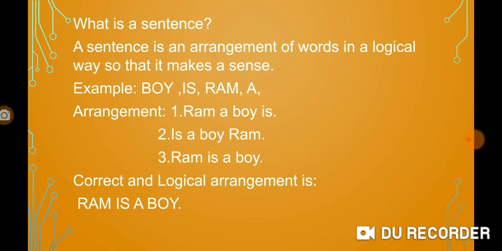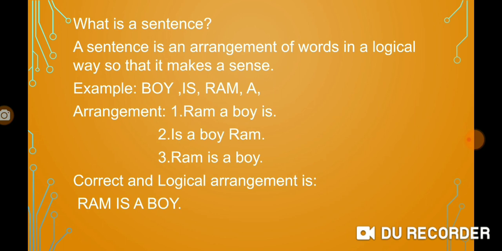So when you look at these three arrangements made from the same set of words, you can find that the first two make no sense, although they have been arranged. As they make no sense, we can say that the first and the second are not sentences. We cannot say that the first and the second are sentences in English. Whereas when it comes to the third one,